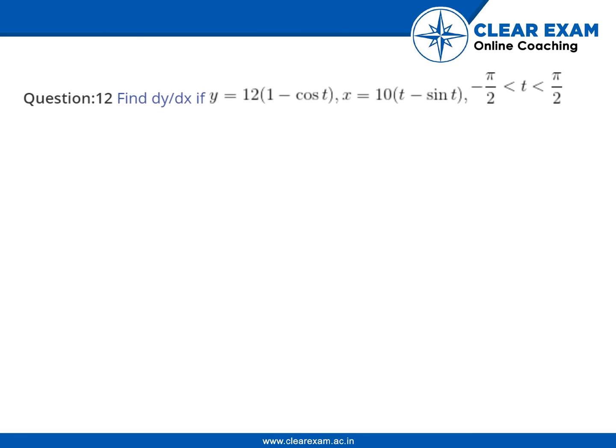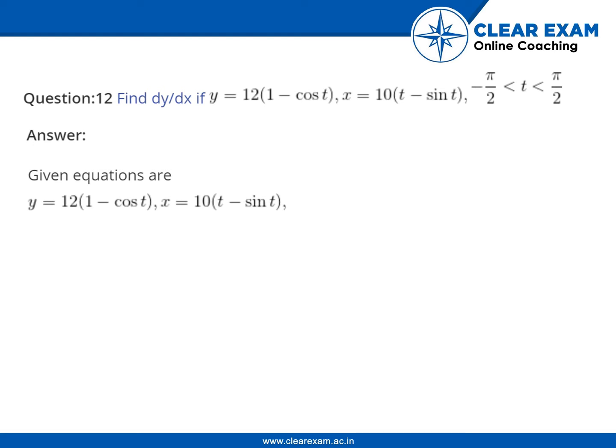Hi guys, let's understand question 12. Find dy by dx if y is equal to 12 into (1 minus cos t) and x is equal to 10 into (t minus sin t), where t is greater than minus pi by 2 and less than pi by 2. The answer is, given equations are y is equal to 12 into (1 minus cos t), x is equal to 10 into (t minus sin t),